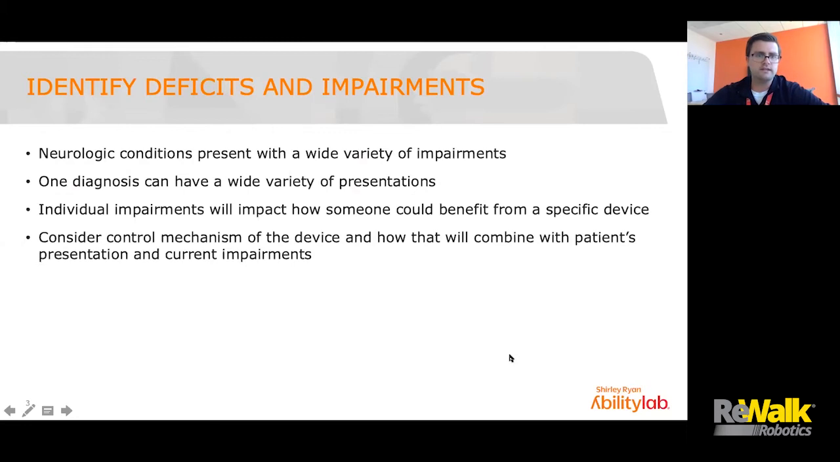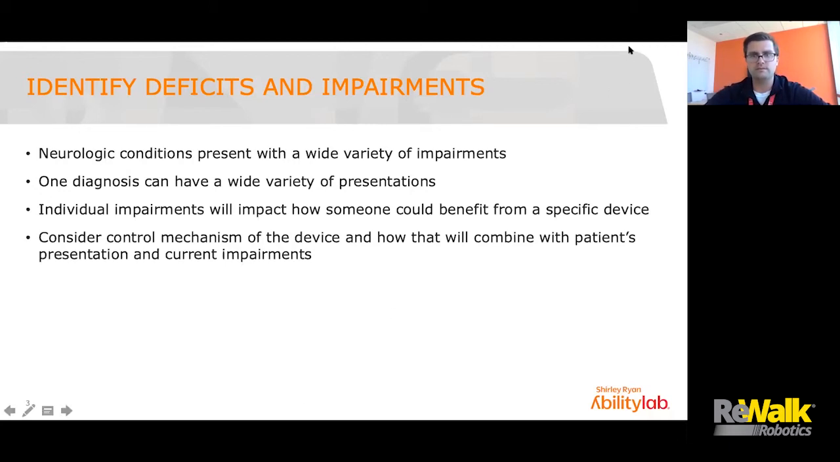So the first one, identify deficits and impairments. I think this is a skill that we all have as a therapist or really anyone working in healthcare, but neurologic conditions specifically, they present in a real wide variety. So one diagnosis can have a really wide variety of presentations. Just because you had a spinal cord injury and you also know someone who has a spinal cord injury, those two people don't often look exactly the same. So kind of considering